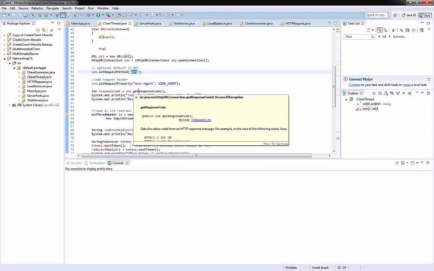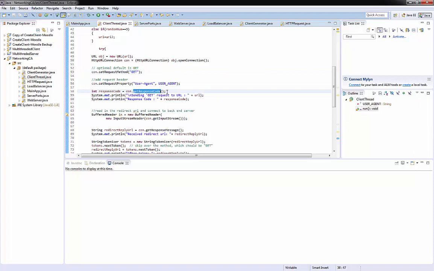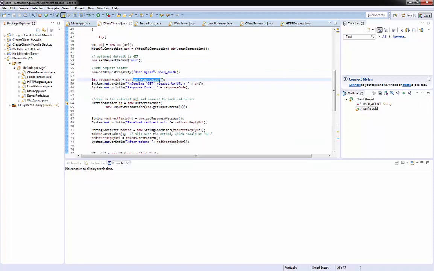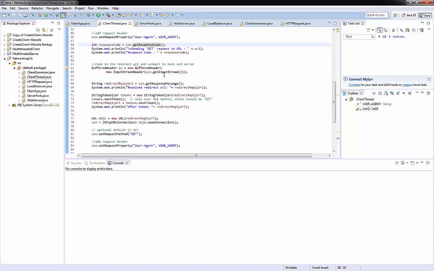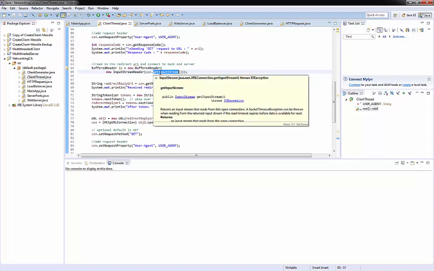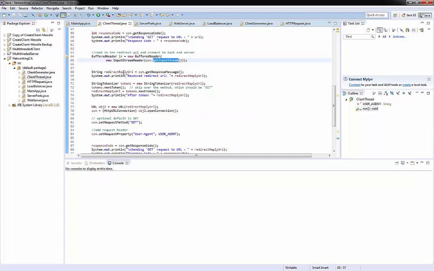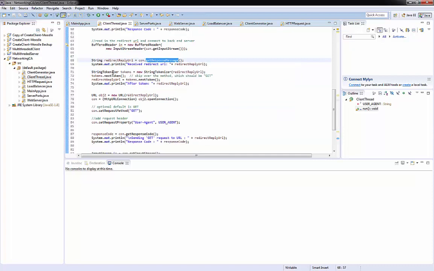So now it will return the response code, which is 301 redirect, and then redirect it to the backend ports, and then here it would just get the input stream read in, that's the response code, and here it reads in the URL, the redirected URL. So here it gets the response message, and it will skip over the get and then get the redirected URL and connect it again, and then